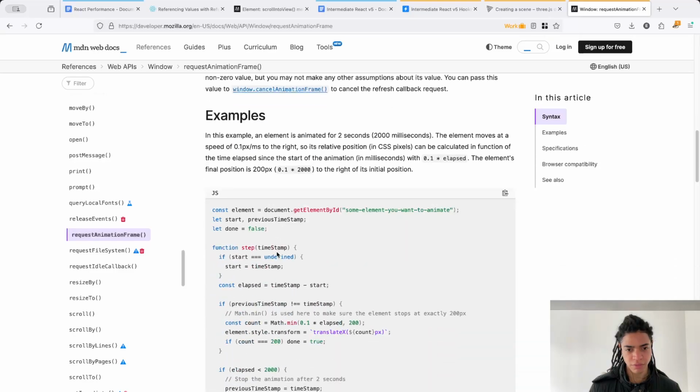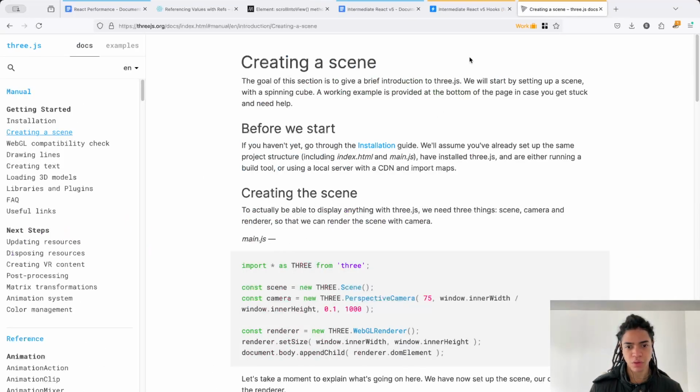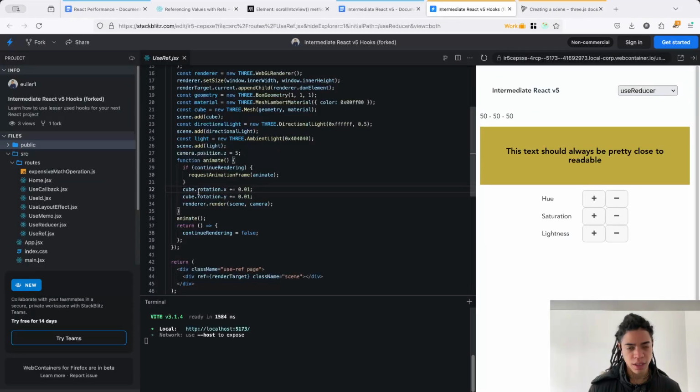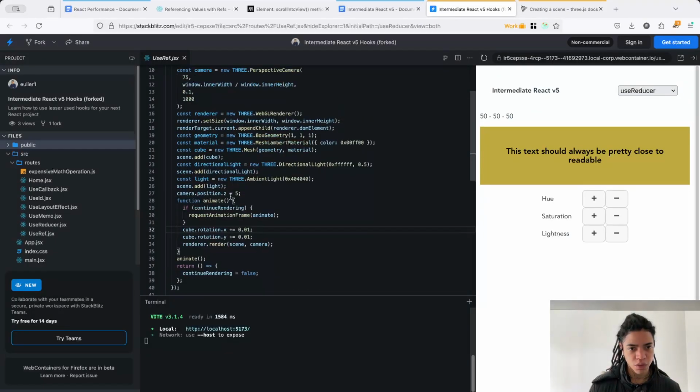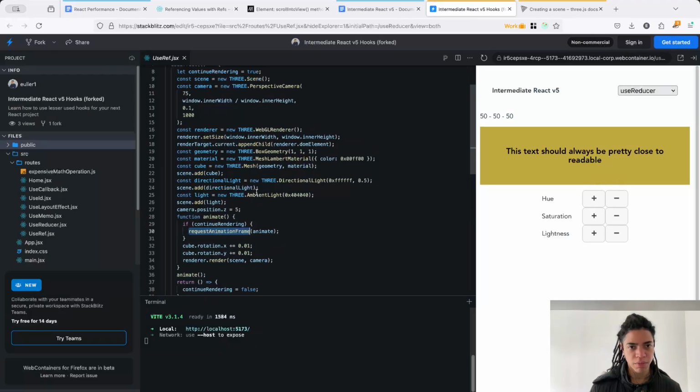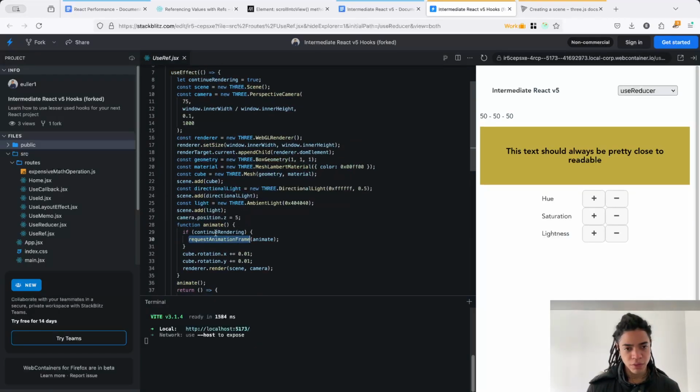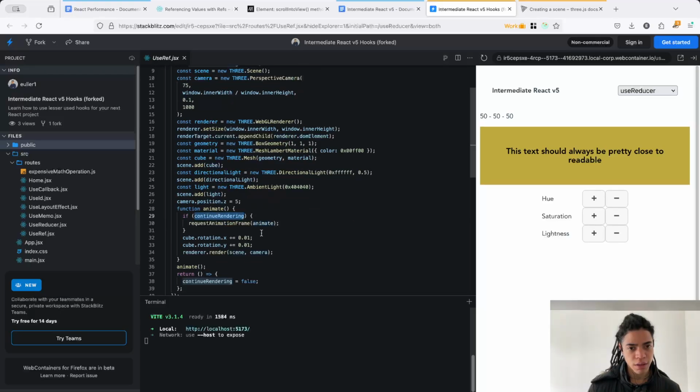It's like, hey, I want you to now paint this and this and this, which is something that must come from the window. So function animate, and they say continue rendering true. requestAnimationFrame and animate this, which means it's calling this function in a recursive way. Okay, cool. Cube rotation here, render here,